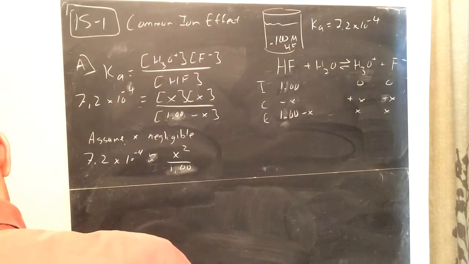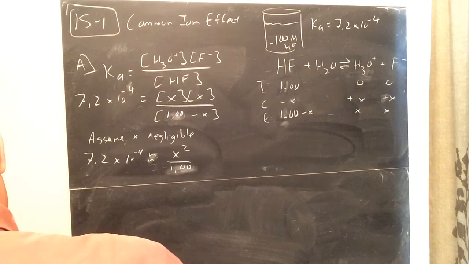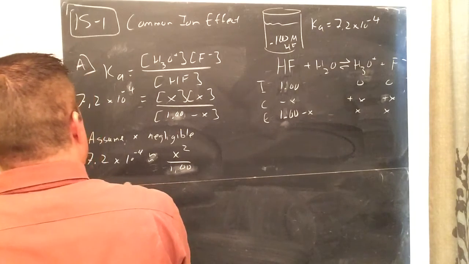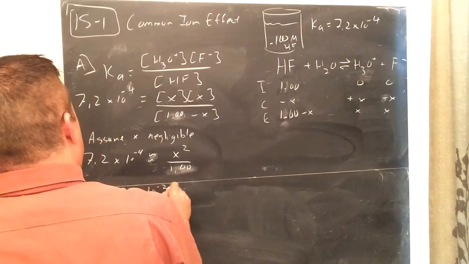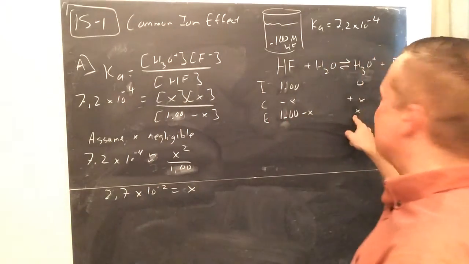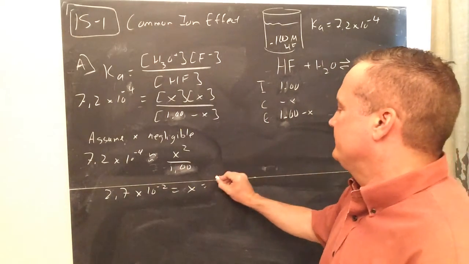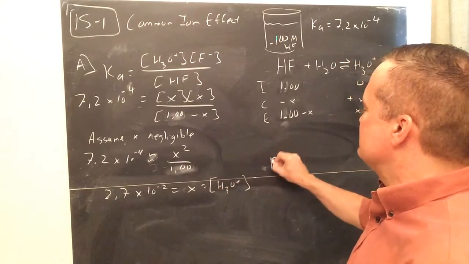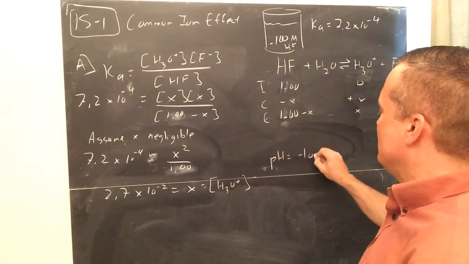It'll be 7.2. Oh, it makes the math even easier. So it's 2.7 times 10 to the negative 2 equals X. Now, X in this case is the H3O. So the pH equals negative log of